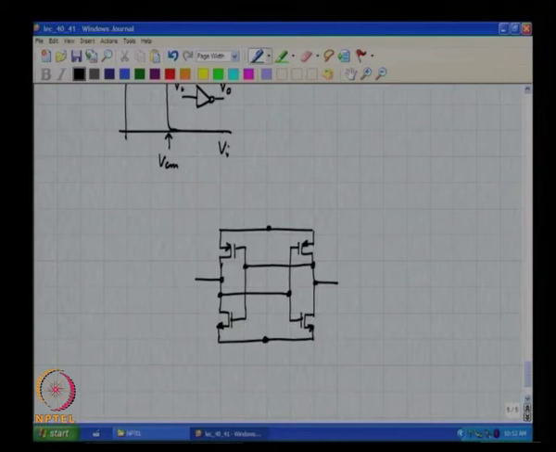Okay. So, once this circuit has taken an input and made a decision, you must now get it ready for the next input, all right. You understand? So, we need two things. One, once we have made sure that the correct input is written onto both these nodes, further variations in the input must not go and disturb the decision making process.